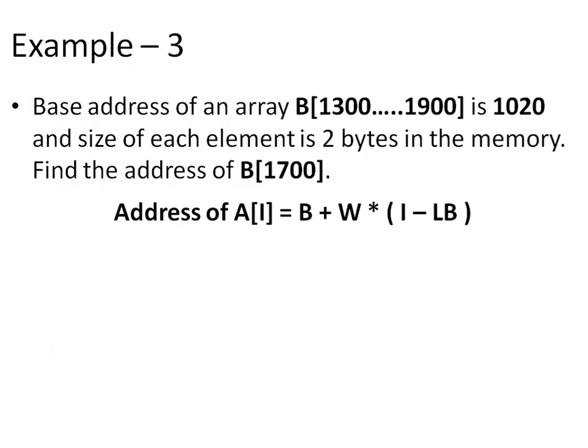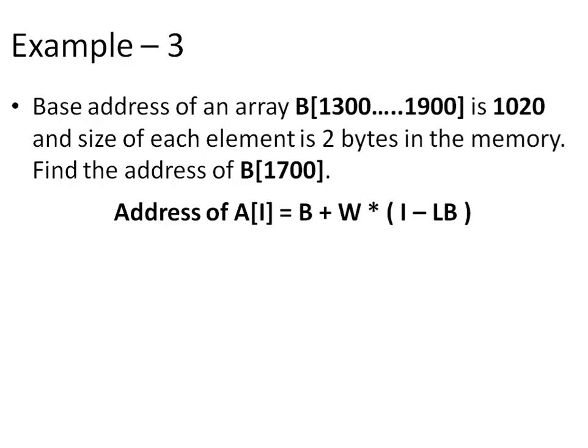Kindly note we are not provided with the size of the array B. Instead, we are provided with the lower and upper bound on the array indices, that is 1300 and 1900. Thus, lower bound is given as 1300. Memory size used by each element is given as 2 bytes and we have to find the address of B